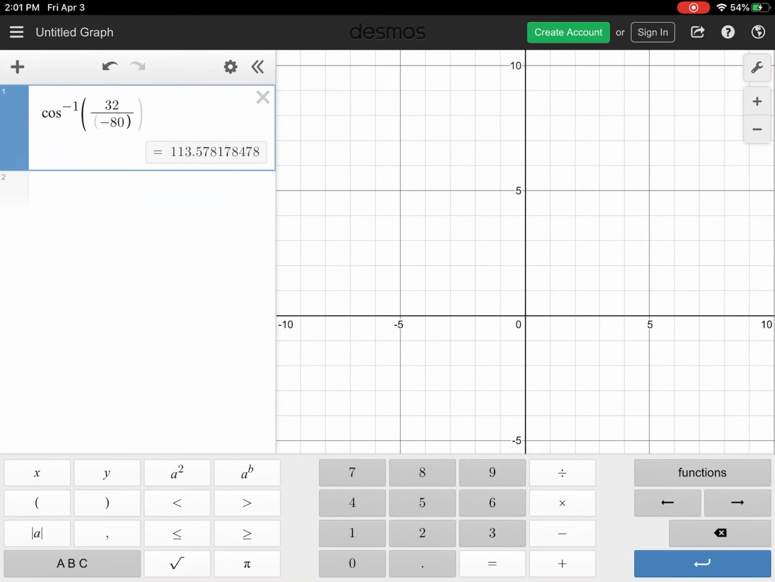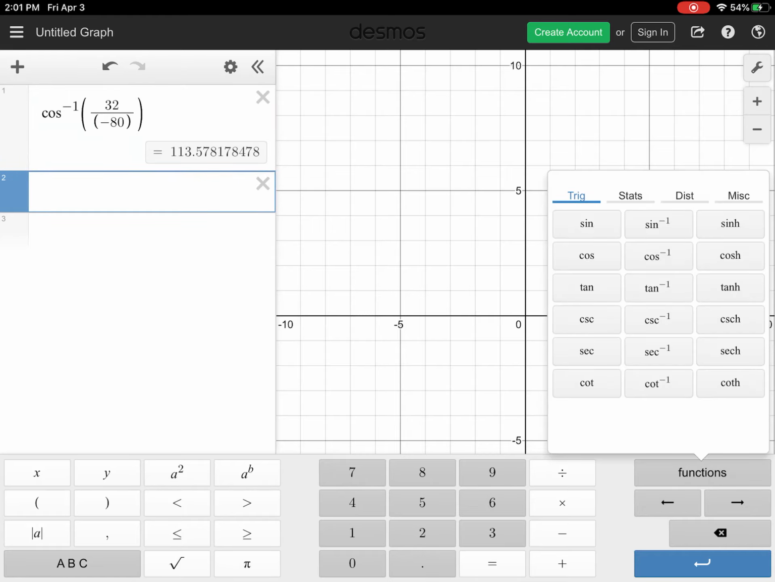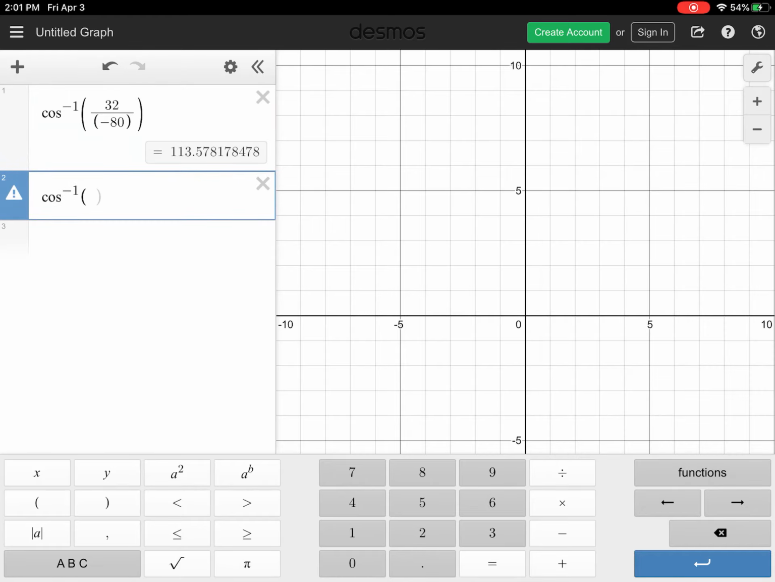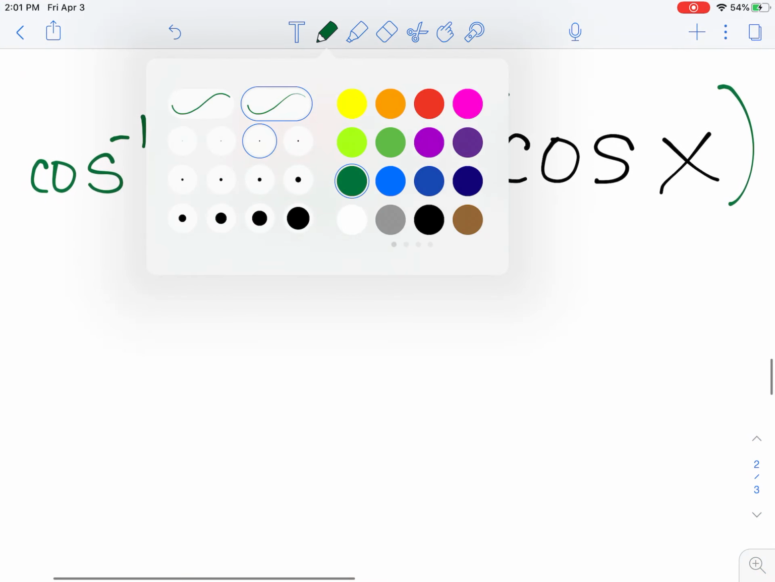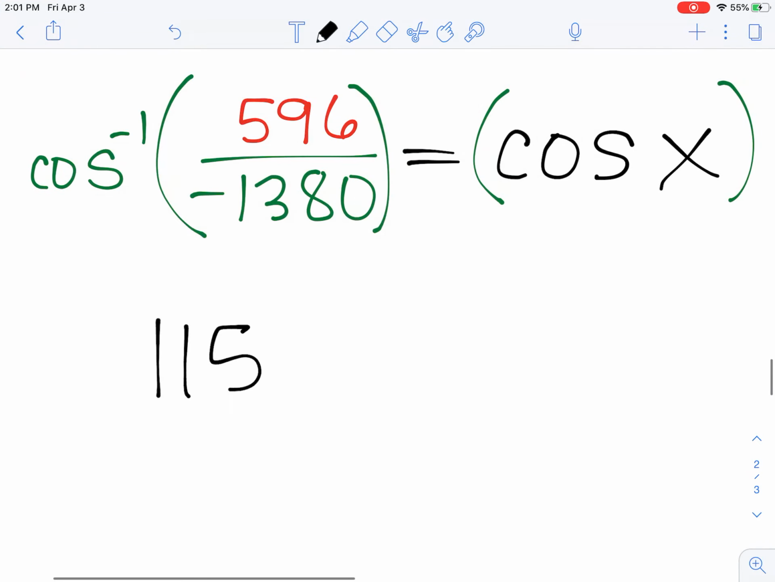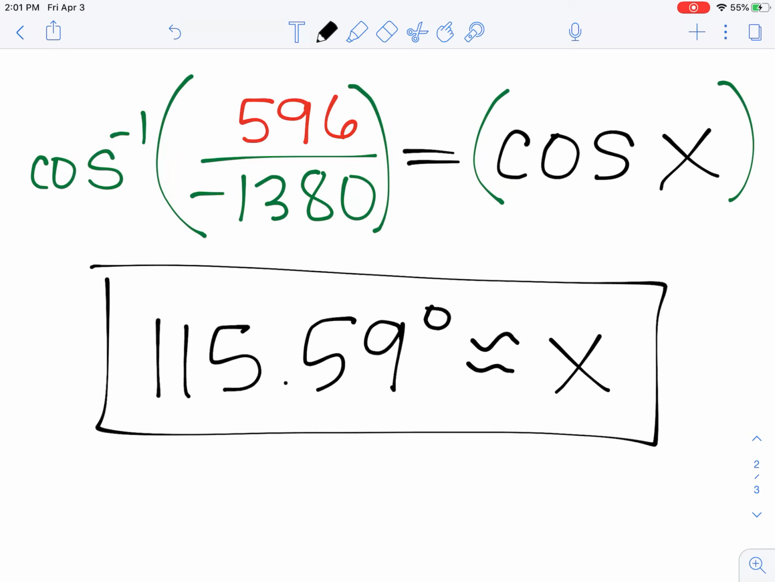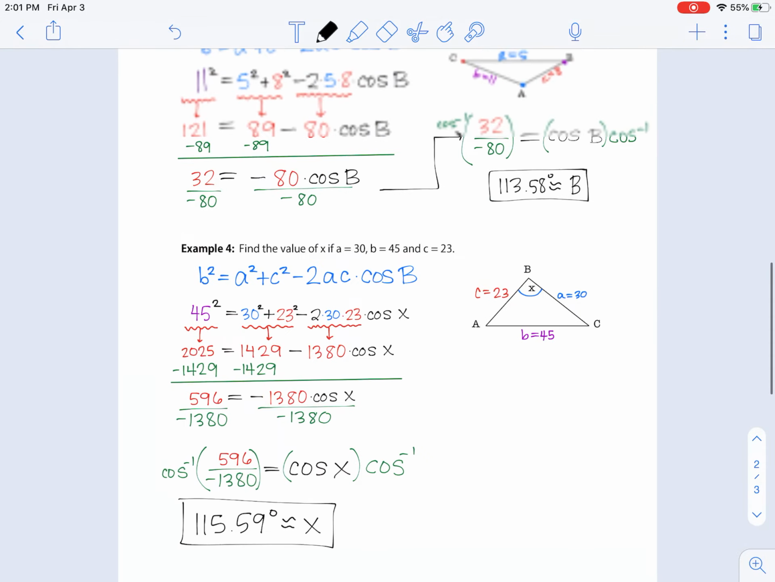So I'm going to switch over to that. We have the cosine inverse. I'm going to go to the function, hit cosine inverse of 596 divided by a negative 1,380. And we should get an angle of 115.59. And that is how we solve